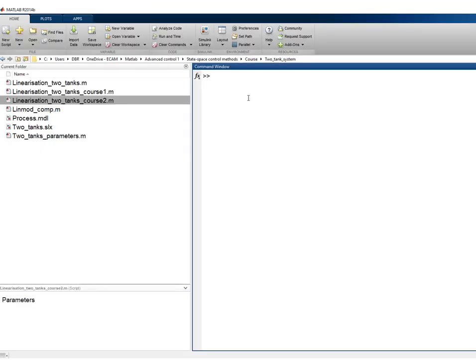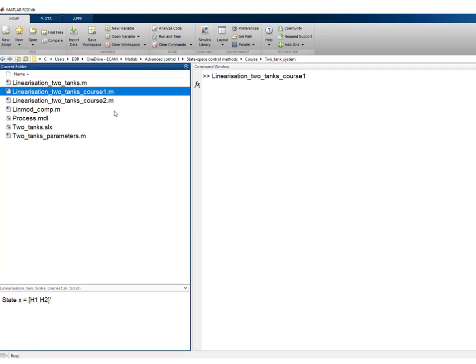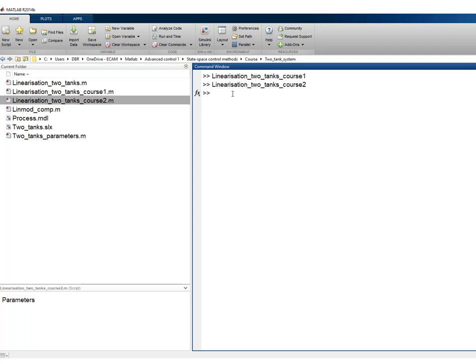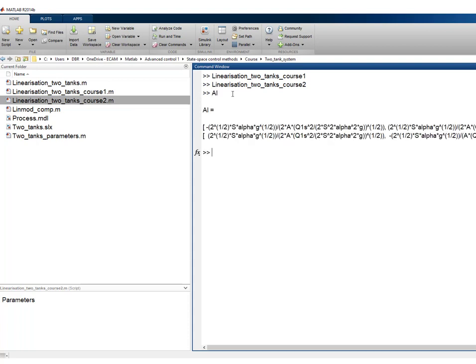So let us run this code and compute the linearization using the symbolic toolbox. What you have over here is the symbolic expression of the state space matrices A and B. The expression of A looks a bit different, but here everything is done with respect to Q1S. So this is the input flow around the working point, right? In the simulations we had used previously